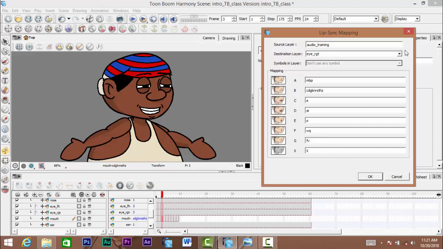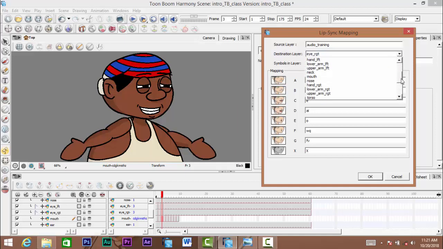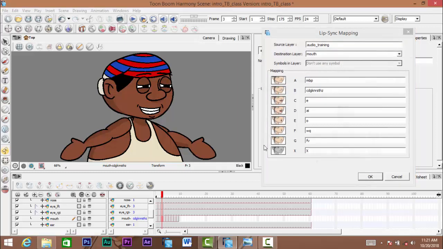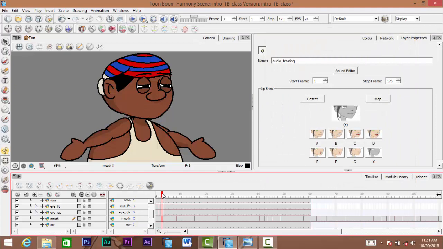Another thing you need to make sure of is this destination layer. The I right is not the layer we are targeting. We are targeting the mouth. So you toggle it down and look for the mouth and choose the mouth. So when we click OK,